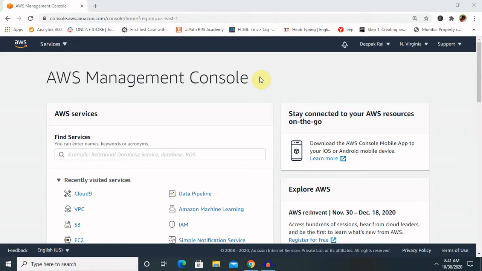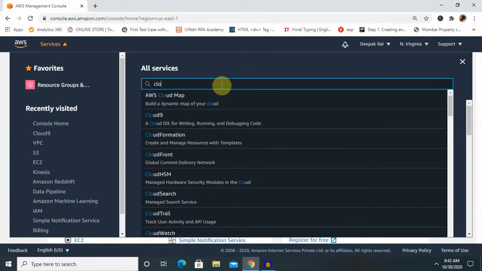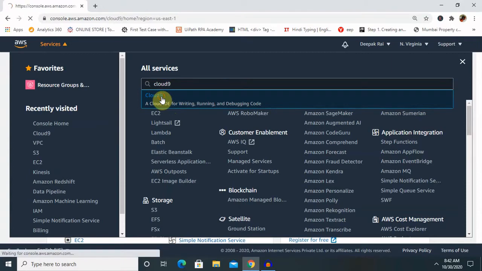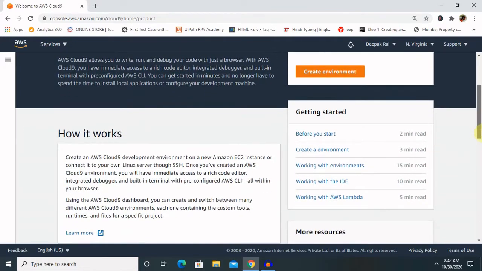Let's begin with the setup of document database with Amazon DocumentDB. So for doing the complete setup, we have to go to our login credentials. After login, we will search for Cloud9. When you write Cloud9 in the service section, you're able to see the services available. Once you click, it will redirect to the page where Cloud9 environment setups are done.